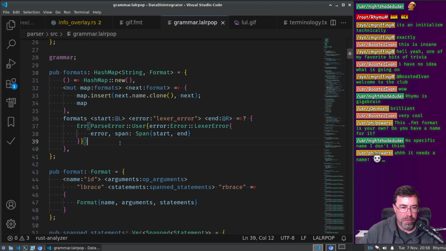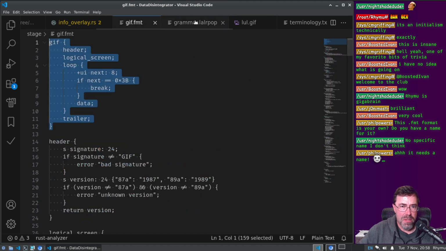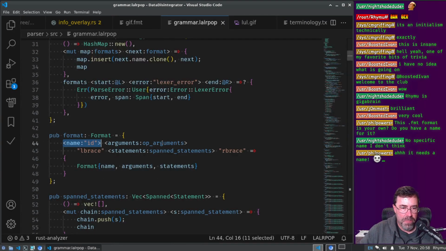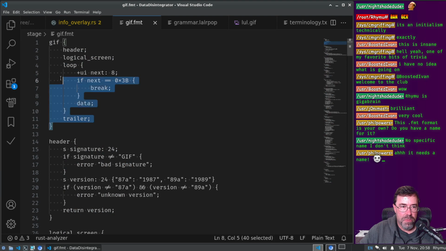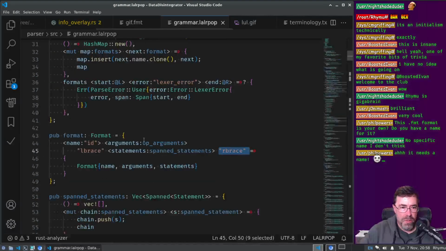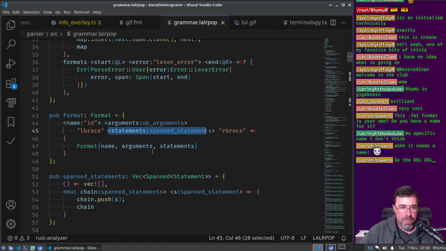So what is a format? It's one of these guys. So we have an identifier, we have some optional arguments, we have a left brace, a bunch of statements, and a right brace. That matches it, right? What the hell's a statement? Well, a statement,